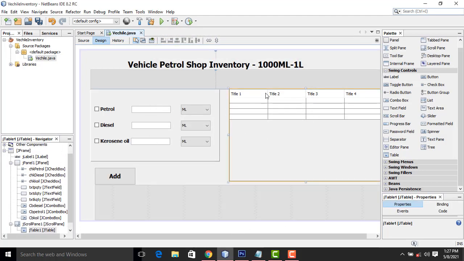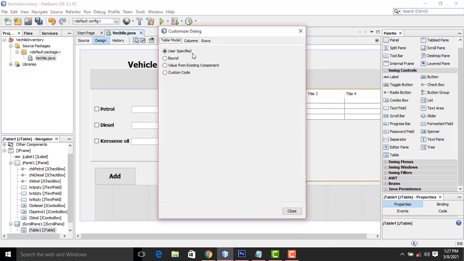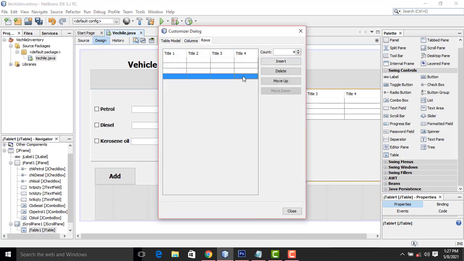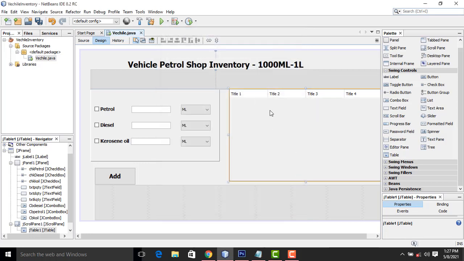In the simple form, for the table contents, we have to remove all the default rows there. Remove all these columns.